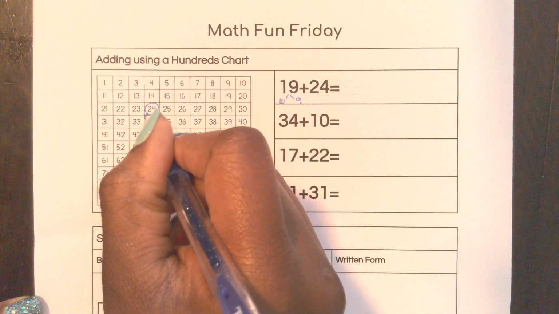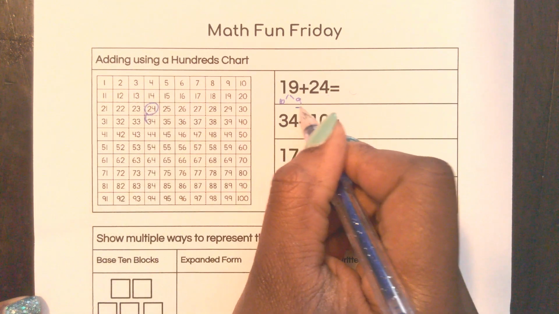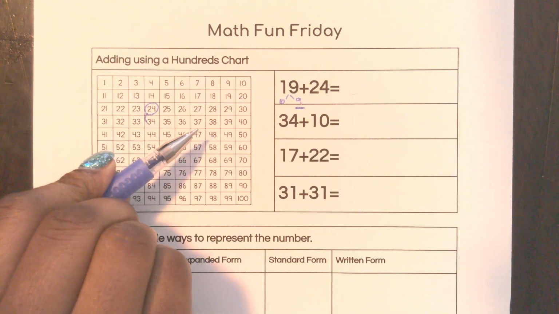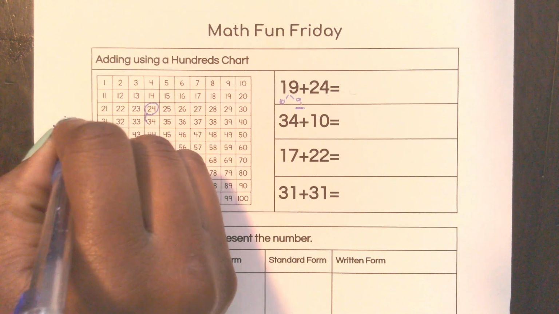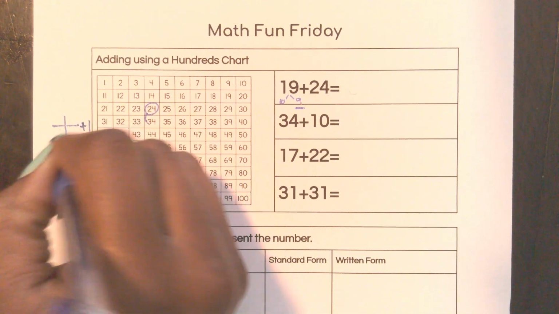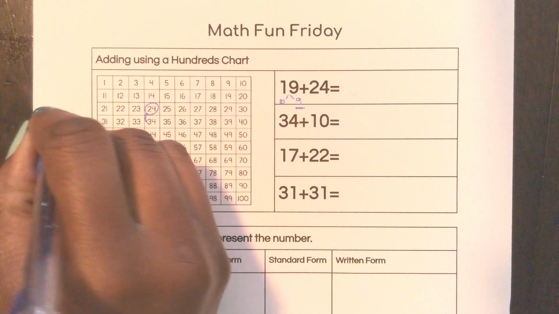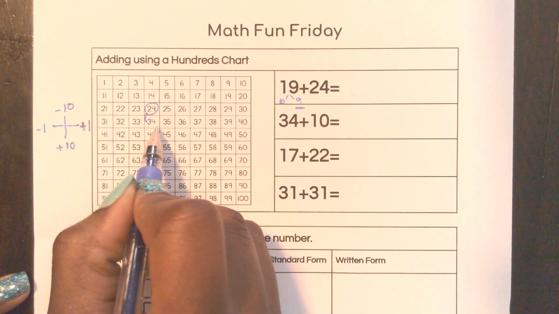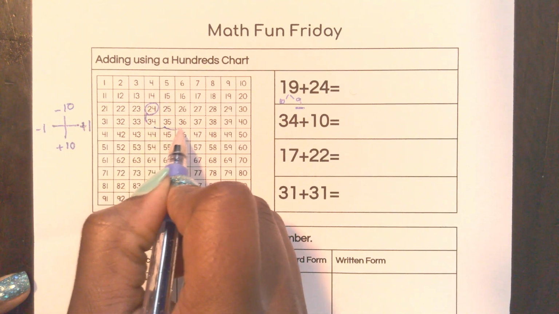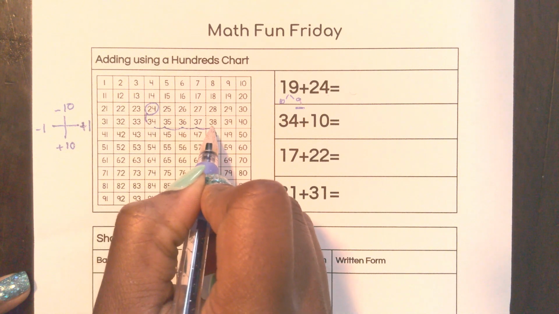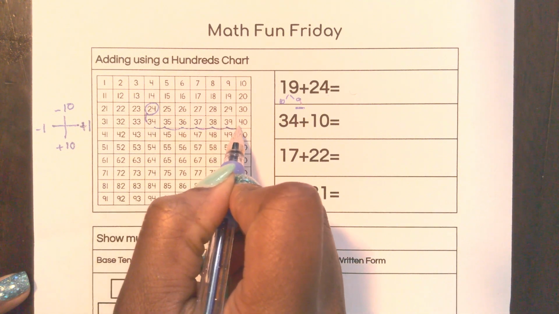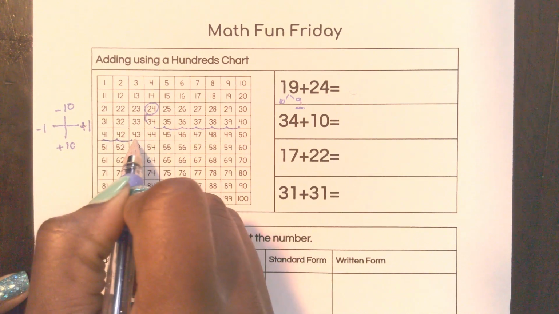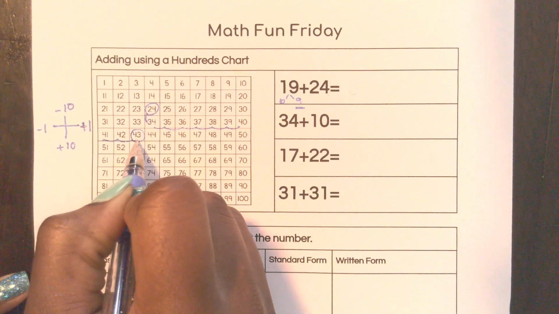So now that I'm here, I want to add my 9 ones. I'm going to go this way 9 times. So let's think about that compass. Going that way, going this way, that way, going this way. So let's go this way 9 times. I'm going to go 1, 2, 3, 4, 5, 6, 7, 8, 9. So my answer here is